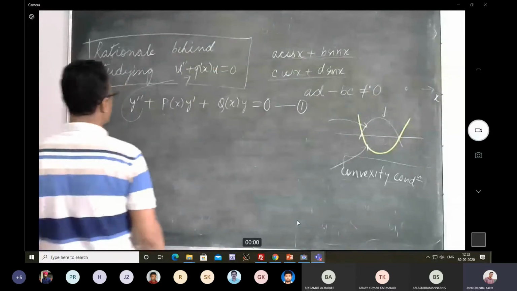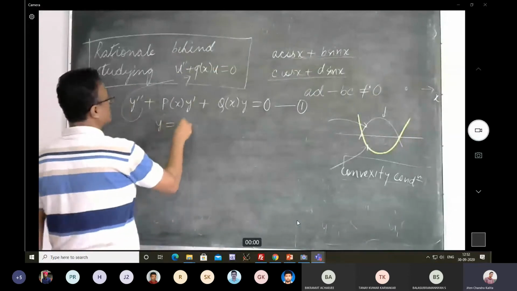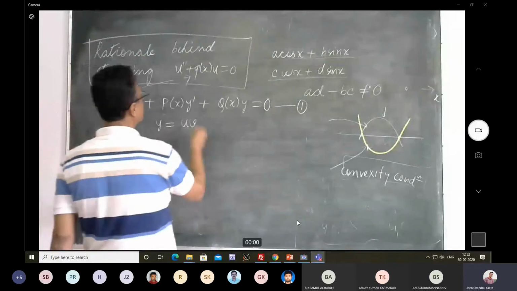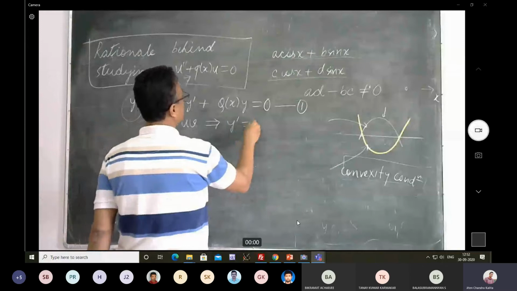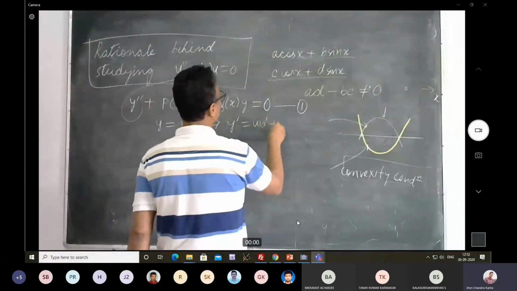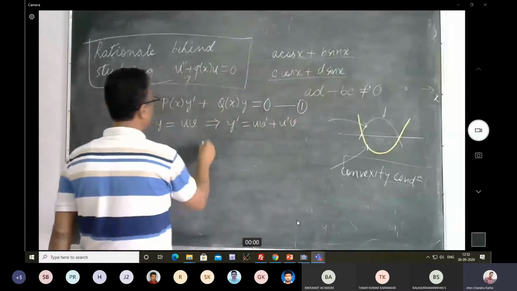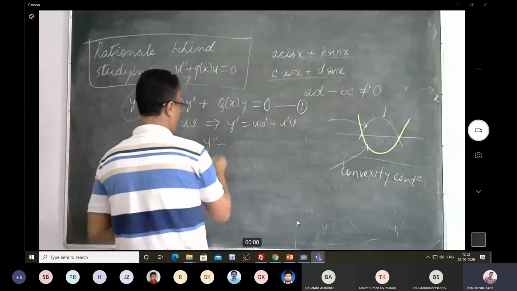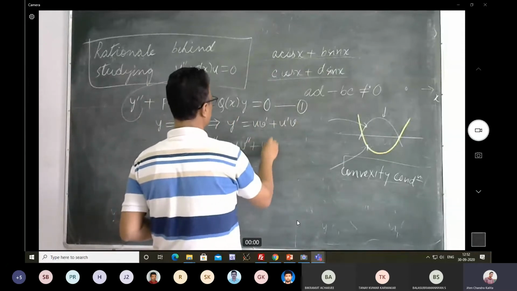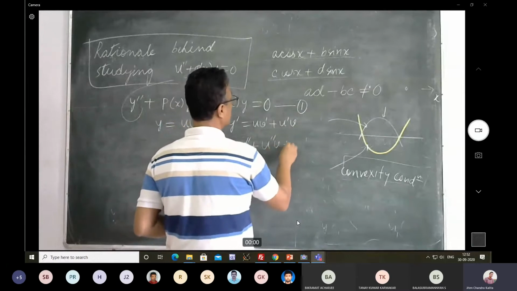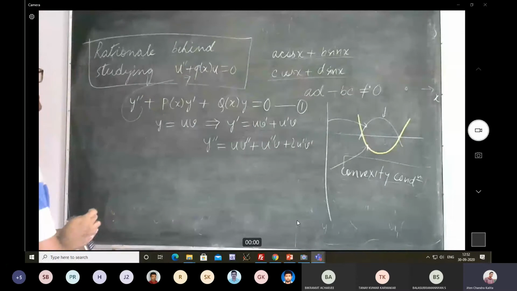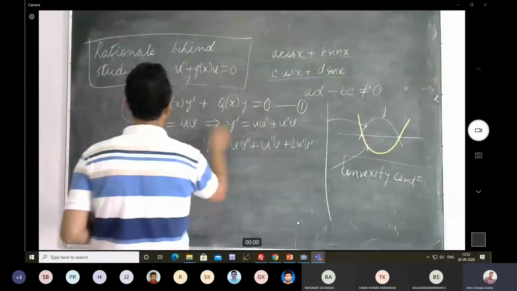For that, let me use the transformation y equal to uv, where u and v are functions of x. Then obviously your y prime is going to be u v prime plus u prime v, and then y double prime is going to be u v double prime plus u double prime v plus 2 u prime v prime. This is very straightforward. Now if I substitute this here,